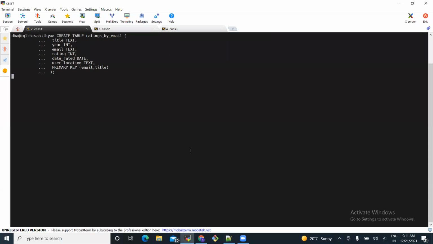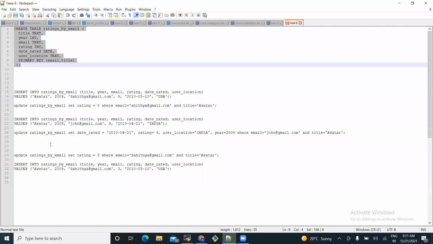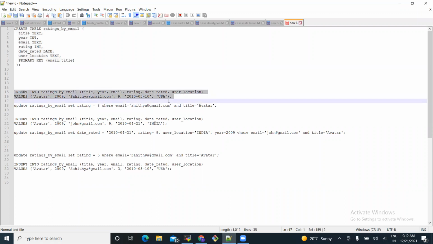The table got created now. Currently the table is empty because we just created it and didn't insert any row into it. So let's insert a row into it by using the insert command. This is the insert command we usually use in Cassandra. Let's insert this row into the table now.